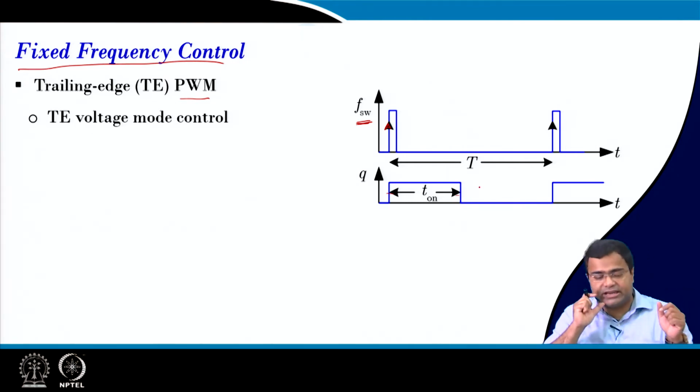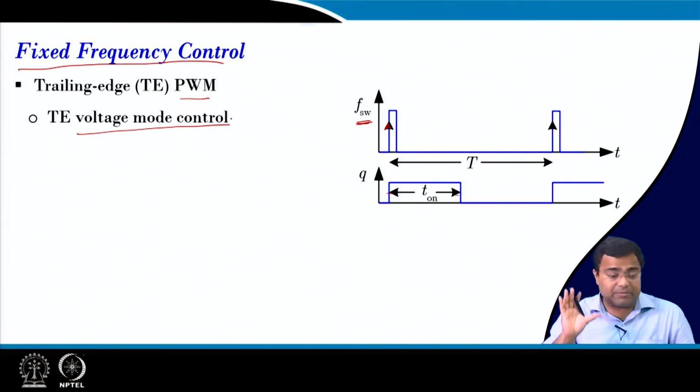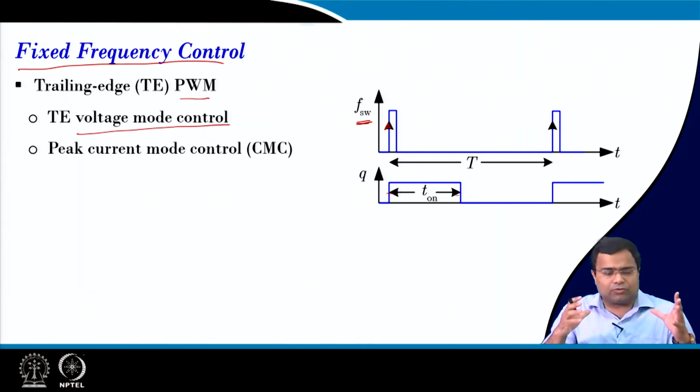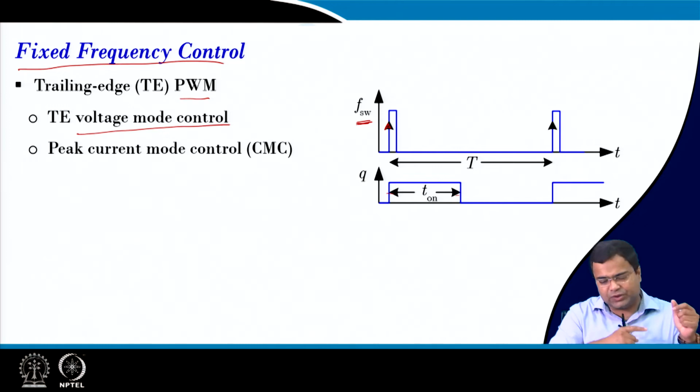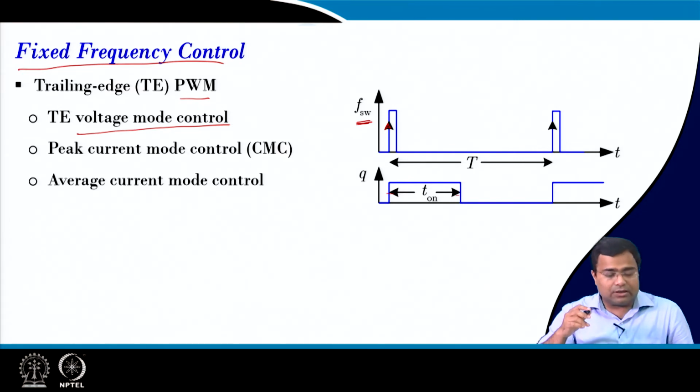So, we know about trailing edge modulation, and trailing edge voltage mode control we are already familiar with. Then peak current mode control is another example of trailing edge modulation, where we turn on the switch at the rising edge of the switching clock, and the switch turns off when the inductor current hits the peak current limit. Another trailing edge modulation is the average current mode control, where we generally take the average,